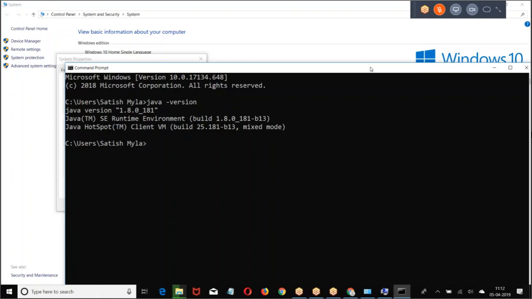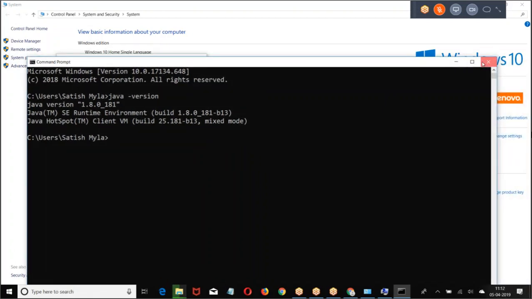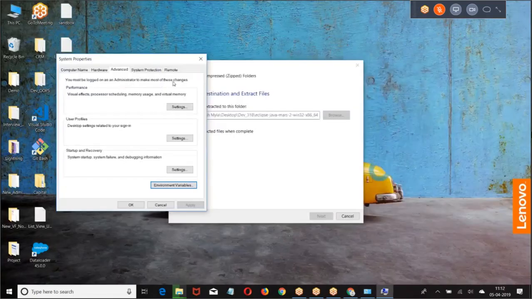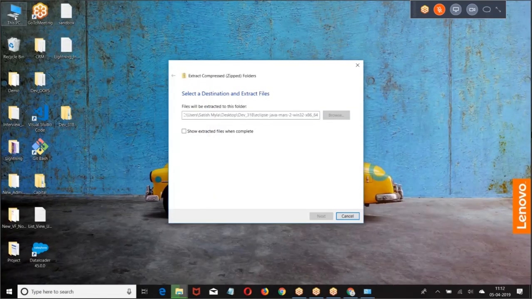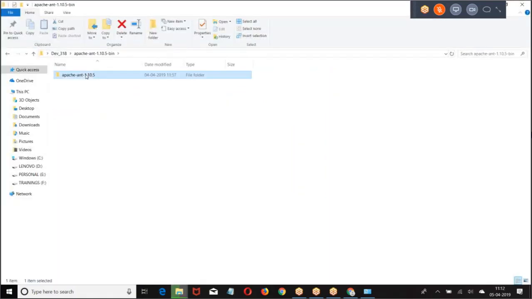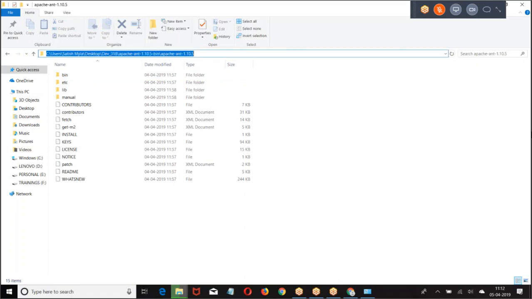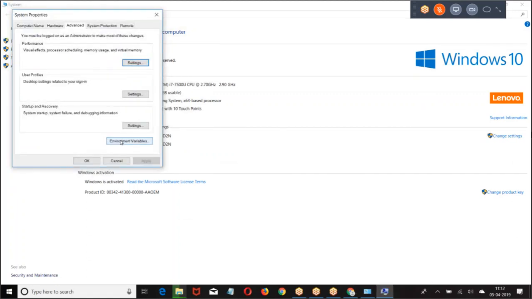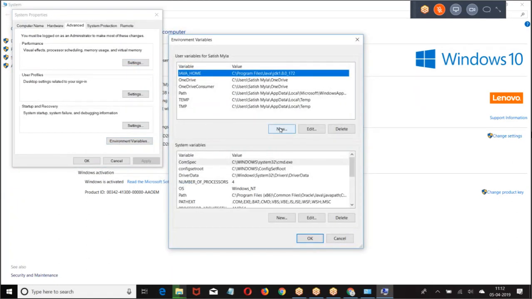Now let us get into the next one. We are going to create Apache ANT, go to the ANT folder, then excluding the bin, copy the file, system settings, environmental variables, new.